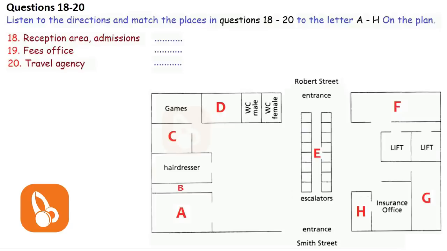Your offices are spread out. Not as badly as they used to be. By the way, we offer very competitive overseas travel rates to our students. Oh, I'd like to look into that. Of course. The travel agency is at the Smith Street end of the building, in the corner next to the insurance office. Thank you very much. Bye.